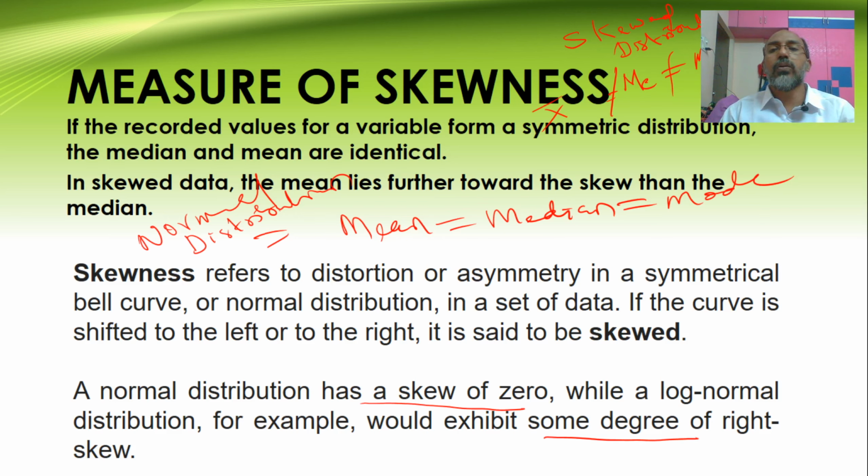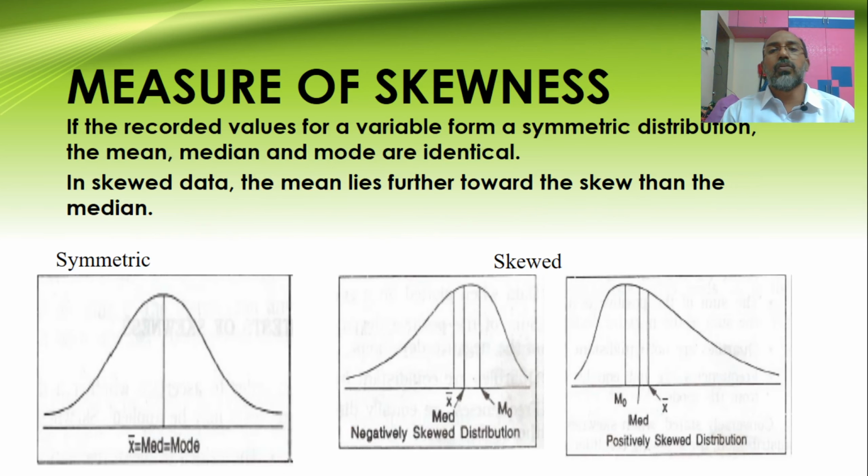So we are going to learn by measuring the skewness whether this curve is a normal curve or whether any skewness is there in the data, that is any leaning towards right or left, negative or positive. That is called the measure of skewness. We are dealing with the same through curves, the pictorial representation. Here this is symmetrical, called normal distribution, whereas this is a skewed distribution.